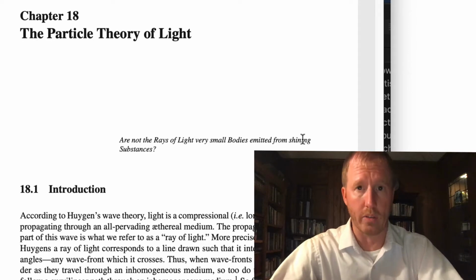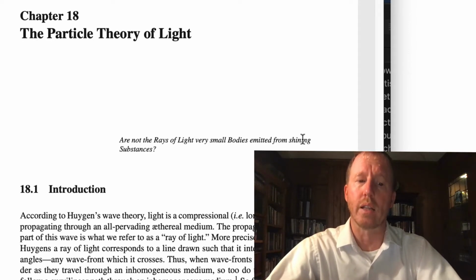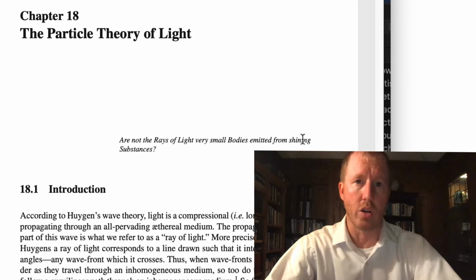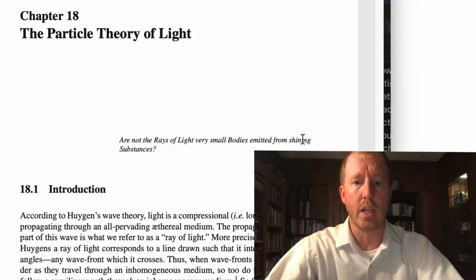So he's going to argue, as I alluded to a moment ago, that light consists of particles that travel through open space. But the trajectories of these particles, or these corpuscles, as he calls them, can be altered by interaction with substances through which they happen to be passing, such as air or glass, or even Huygens's purported ether. Now, he is going to have some choice things to say about Huygens' ether. He is very skeptical about the existence of ether for a number of reasons he's going to talk about in this chapter. In any case, he's going to develop these ideas in his book, Optics.